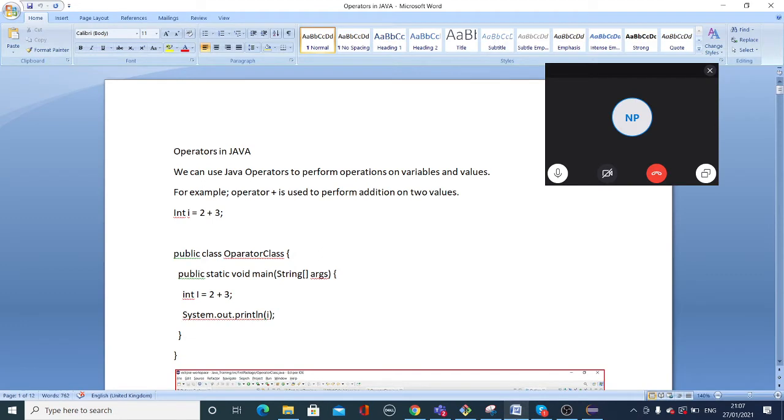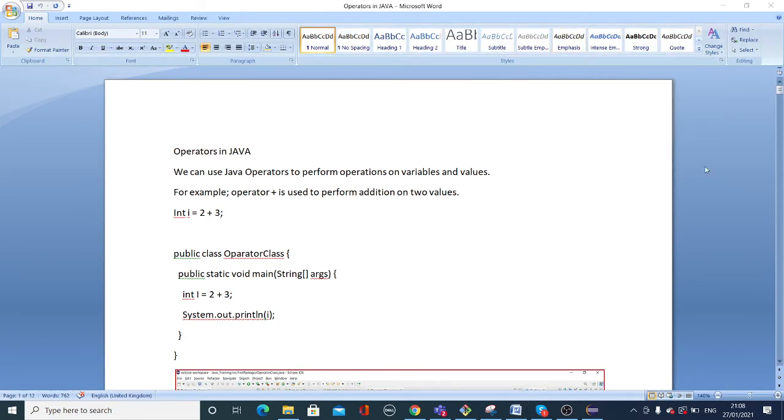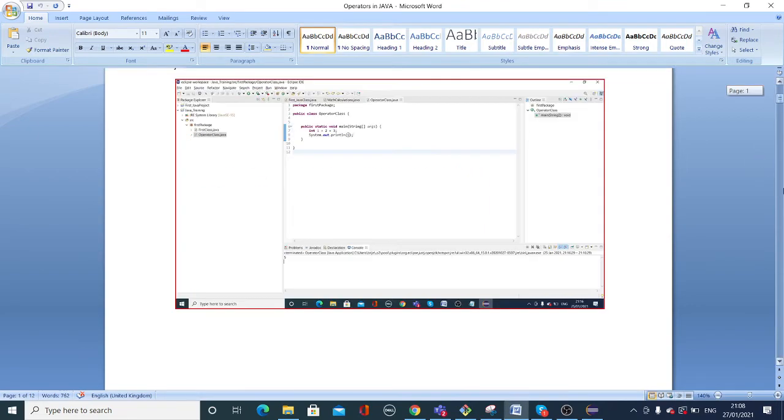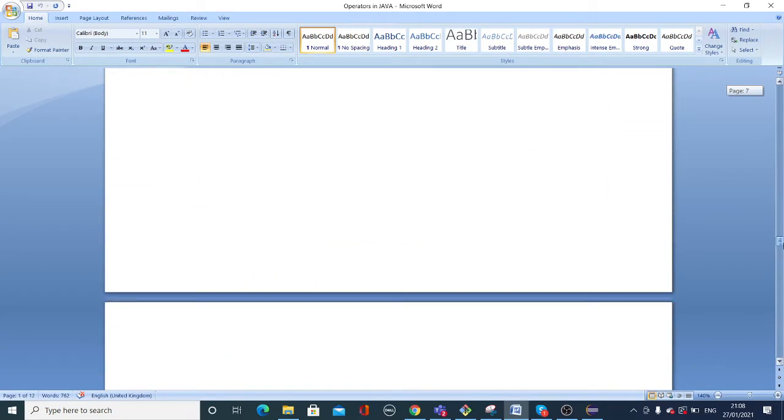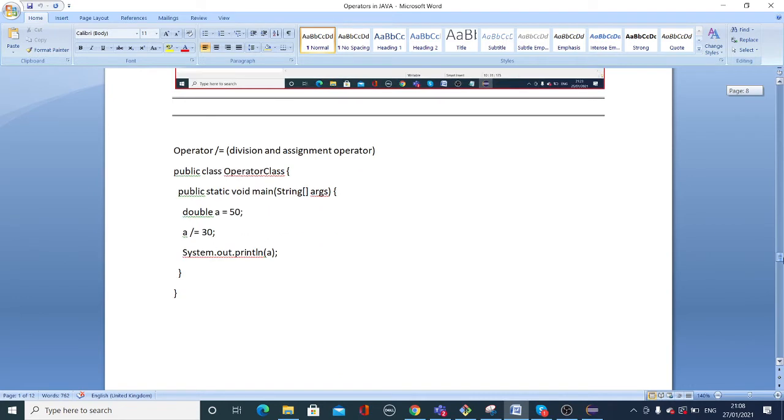You will be able to see my screen now. Yes. So yesterday we stopped here. Not stopped here because it was explained, but not that confidently because I was having some issue with my Word. So here these are two operators we are using together. One operator is divide and another operator is equals.